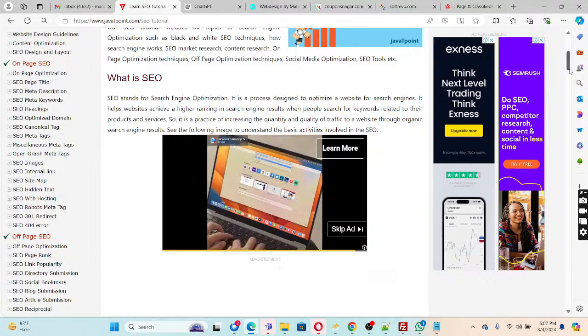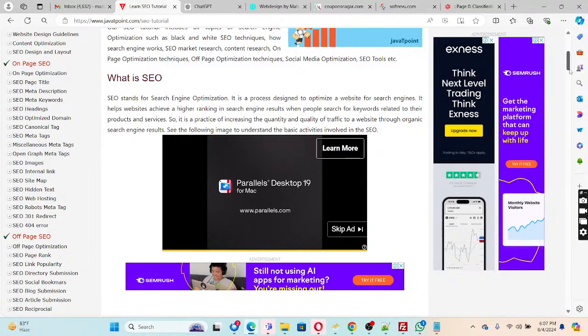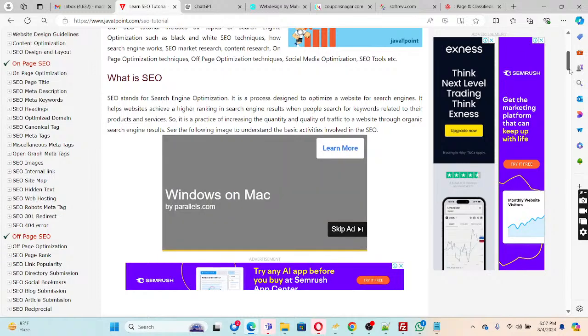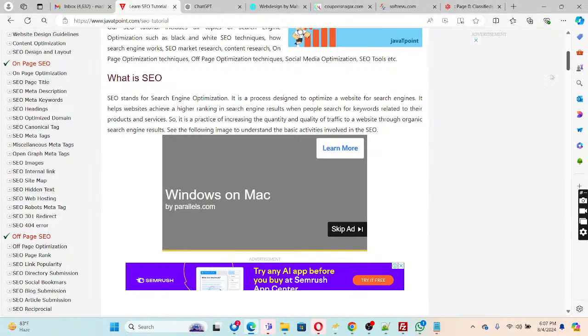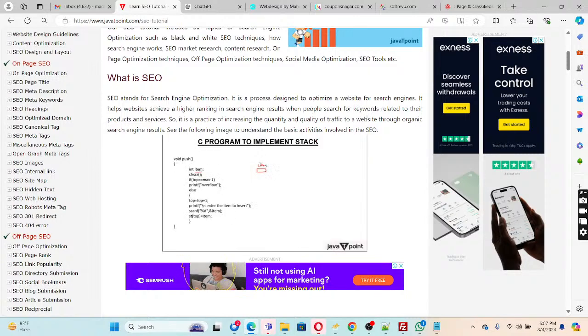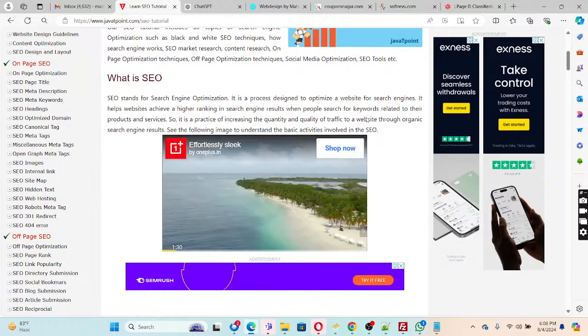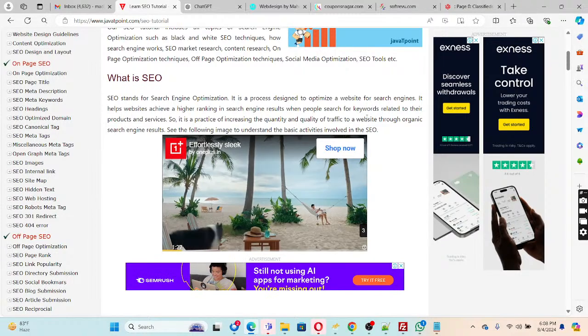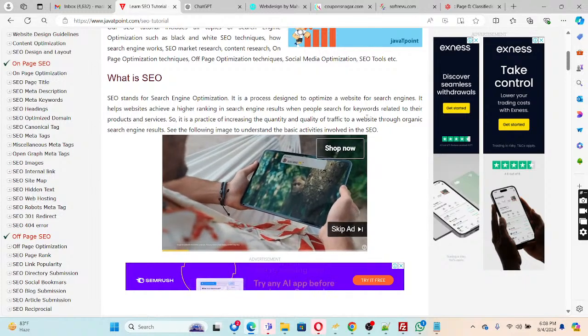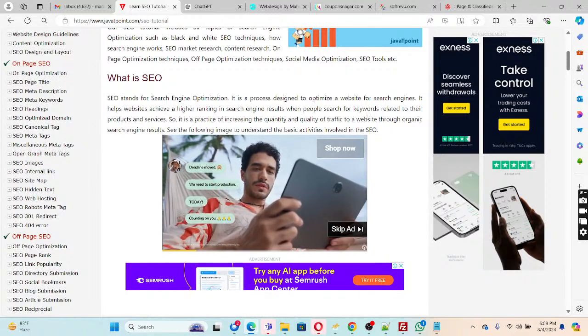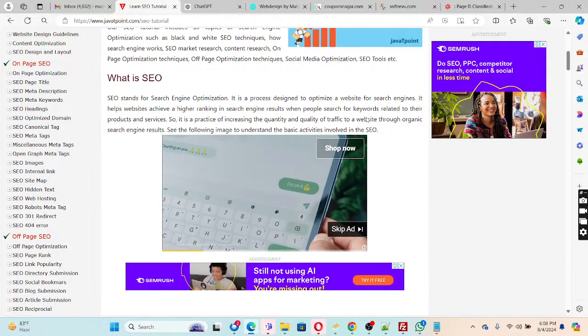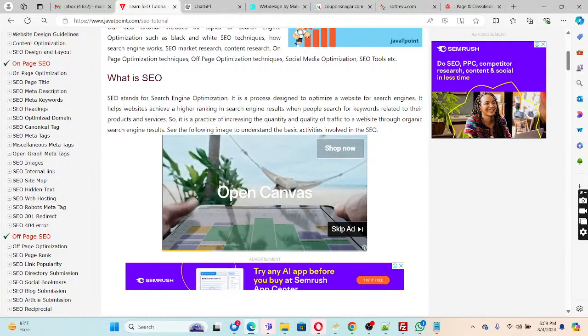So what is SEO? SEO stands for search engine optimization. It is a process designed to optimize a website for the search engines. Whenever someone searches a particular keyword on Google, and the site is listed on the top page, then the goal of search engine optimization for that particular site is achieved. So it helps websites achieve a higher ranking in the search engine results when people search for keywords related to their products and services. It is the practice of increasing the quantity and quality of traffic to a website through